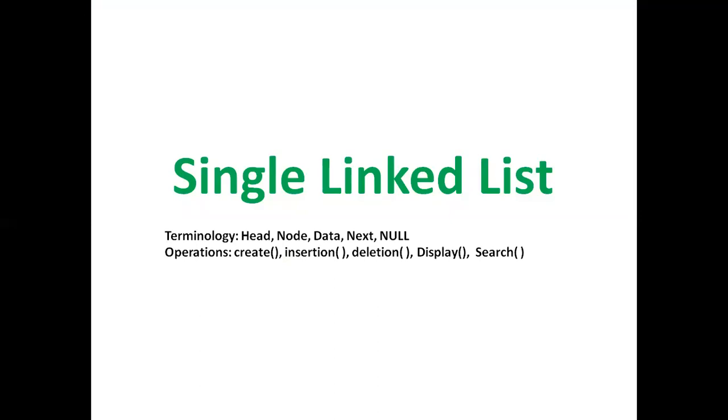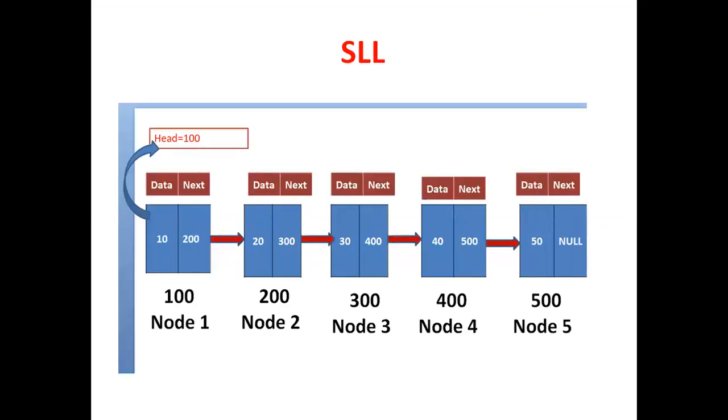Now, example of single linked list. So the single linked list looks like this. Here we have 5 nodes. The 5 nodes have data and next fields. The data field always holds the data, and the next field holds the address of the next node. So we are connecting these nodes. This is the example for single linked list, and we are storing the first node address 100 in the head node. So the first node here we can call the head node.